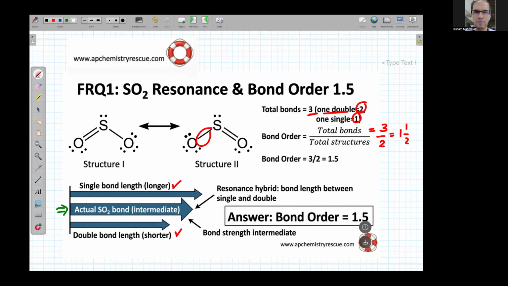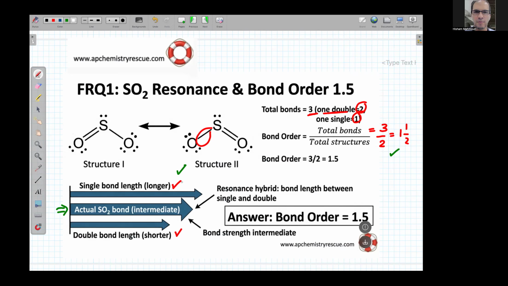So the length is in between them. It is shorter than the single bond, but longer than the double bond. Even the strength is stronger than the single bond, but weaker than the double bond. So let's make sure we hit all the rubric points. We draw 2 resonance structures correctly, state the actual bond is an average or hybrid, bond order 1.5, and explain the bond length